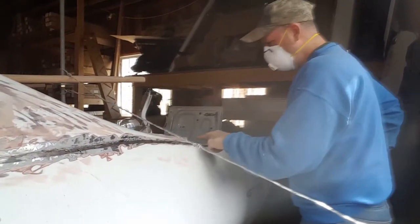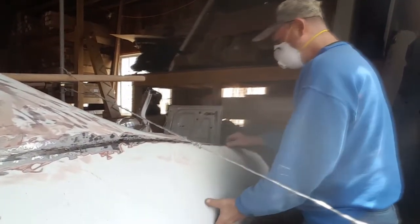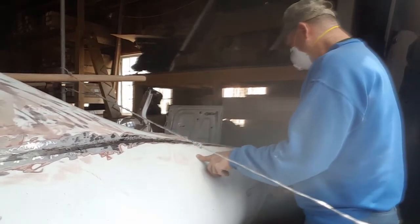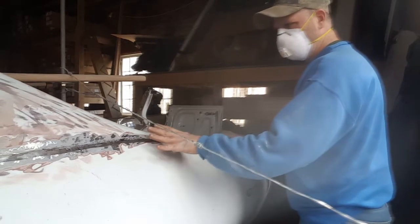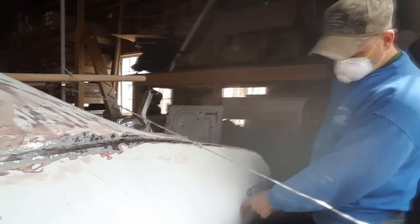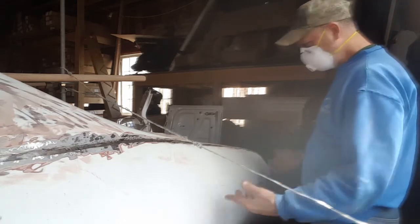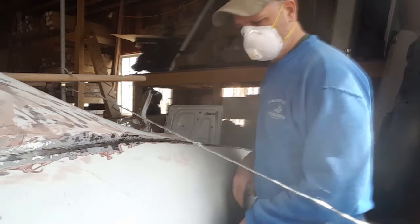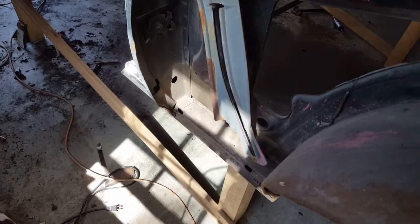okay, I separated quarter up here from the replacement quarter from the actual car. So now I gotta make sure it's separated from the bottom, and then I could be able to remove it. So now I gotta tack it into place so it doesn't fall. Okay, now that I have the